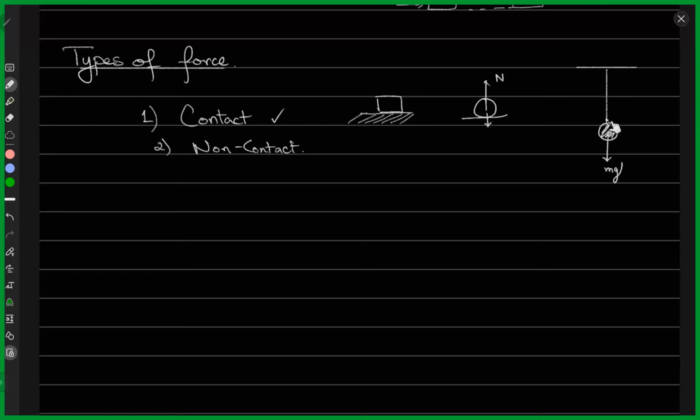Now, because this ball is hanging from the string, there will be a force that develops in the string, which would be the tension force, which would always act in the opposite direction to the weight, or rather, it would be acting in the opposite direction to the ball, right? So the arrow points in the other way, points always towards the roof or the ceiling. So that's tension.